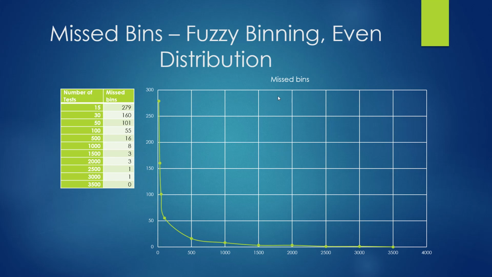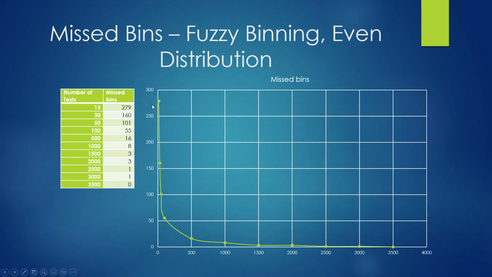So this table shows a curve of the missed bins for the fuzzy binning method on the evenly distributed data set. And so you'll see it's very clear that as you increase the number of tests, you miss less and less bins, and that you get a more accurate binning process for each of your processors. And so starting out at